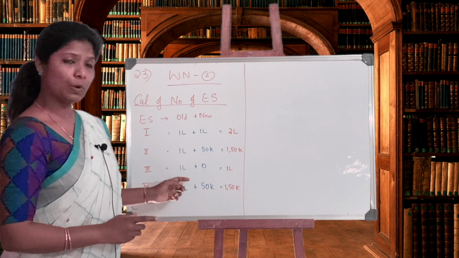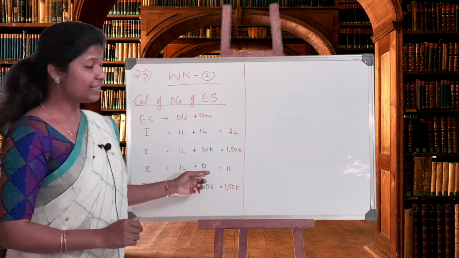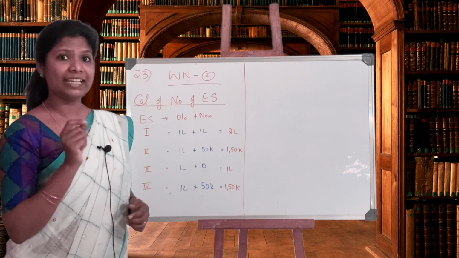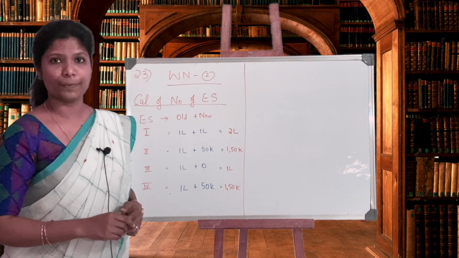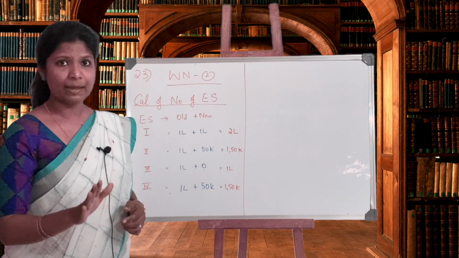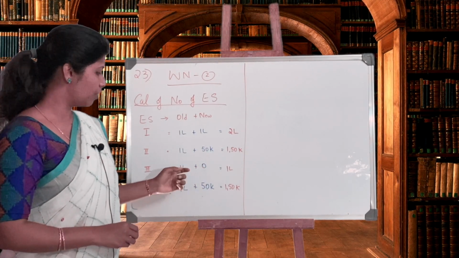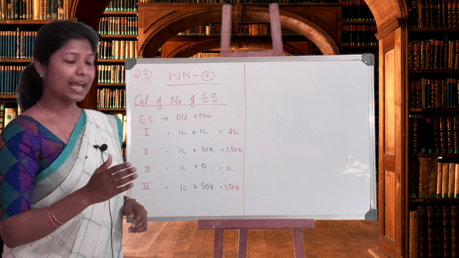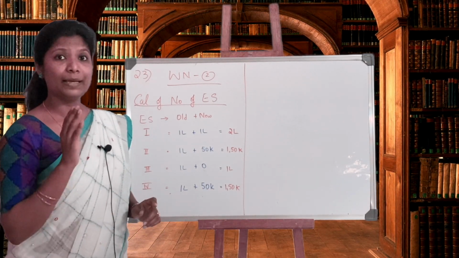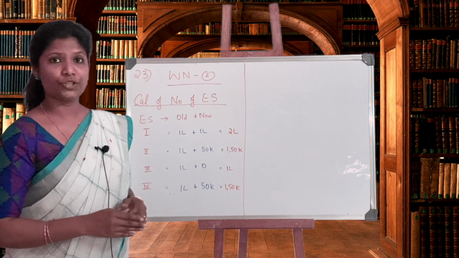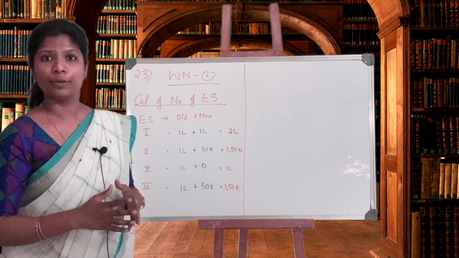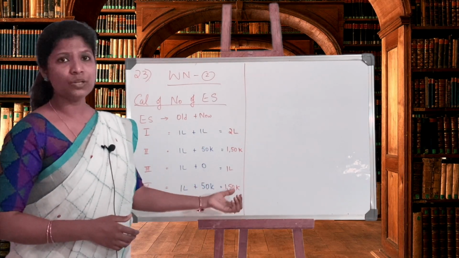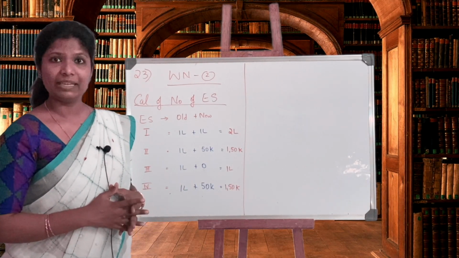Under third plan, 1 lakh will remain common. Plan 3, new capital is 0. The reason being, it is completely by debenture. There is no equity in the plan 3, therefore it is 0. So I am going to total it up as 1 lakh. Plan 4 is 1 lakh plus 50,000 again. Plan 4 here speaks of the combination of equity and preferential capital. It's a combination. So when I add those both, I get 1,50,000 equity shares.